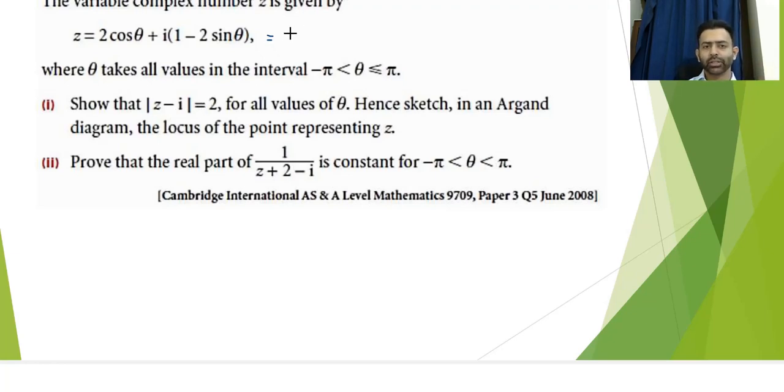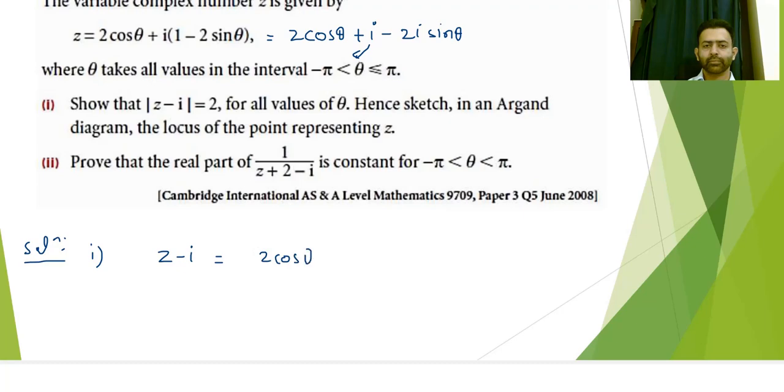So if you open this up, z will be 2 cos theta plus i minus 2i sin theta, multiplying this i with both the terms inside the bracket. Now you can bring this i to the LHS, so that will become z minus i. Just subtract i from both sides and you will get the value of z minus i. So the solution here in the first part is that z minus i will be equal to 2 cos theta minus i times 2 sin theta,